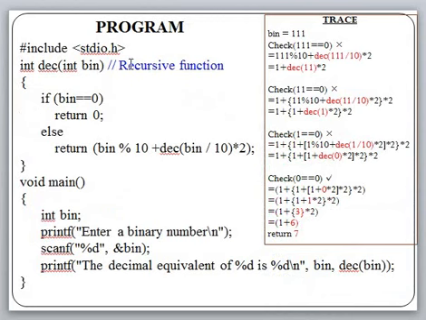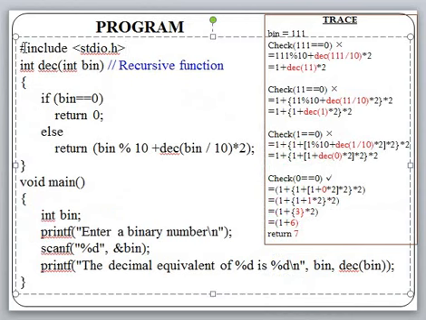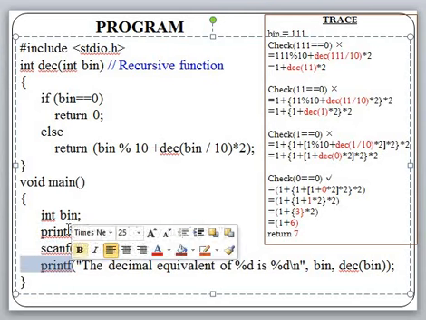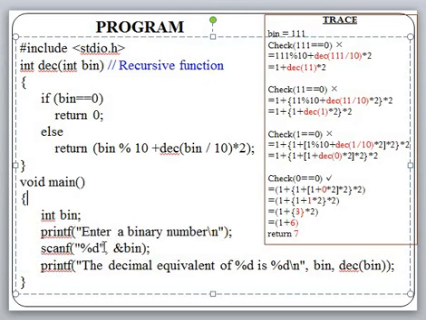Now we'll go through the program. In this program, the first line of the program is nothing but #include <stdio.h>. This stdio.h is nothing but the header file which is required for printf and scanf. So there are two printf and one scanf in this program. To have their definition, we have this header file stdio.h, that is the standard input output header file, in this program.